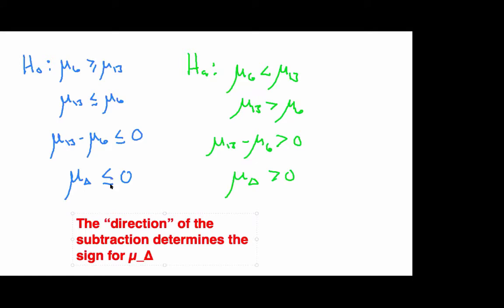Now, unfortunately, a consequence of this is that when you do these tests, you can actually have the signs going in both directions. So you could do it one way and get a positive value, and you could do it the other way and get a negative value. So that's why you have to be very careful. You have to keep track of the analyses that we're actually using here. Going forward, I'll continue with this notation here, where I hypothesize that the average difference is going to be greater than 0 because I'm subtracting the 6th from the 13th.